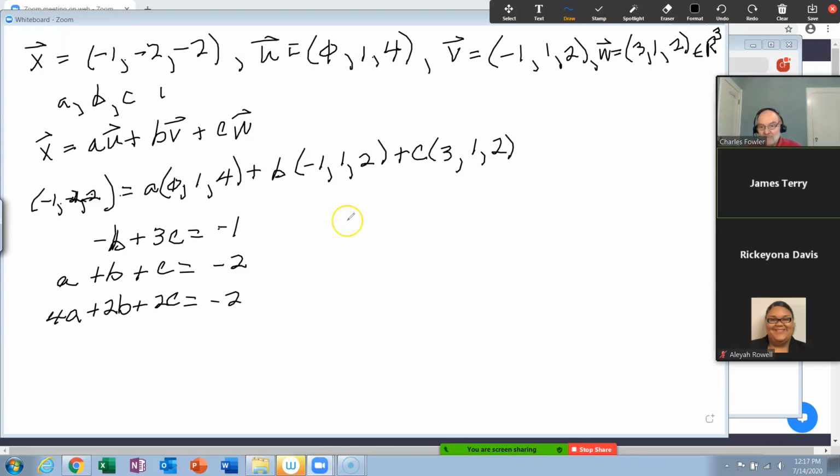Now I'm going to skip a step or two here and make it a little easier on myself because I get tired of writing this. I'm going to exchange these two rows, these two equations right there, and make the first one to be 1, 1, 1, negative 2. Second equation would be what? Third equation, third line, 4.